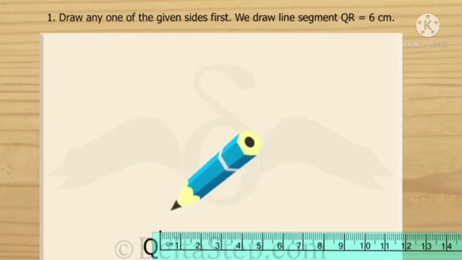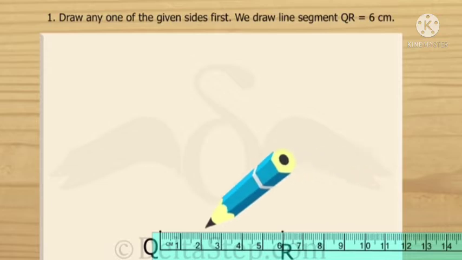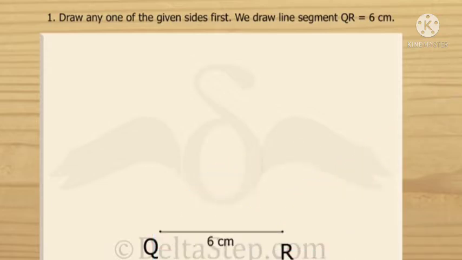Now first of all, we will take a line QR which is of 6 cm, that we will construct first. Next we shall construct an angle of 60 degrees using the compass and ruler only at the point Q. So we know how to construct this 60 degrees without using a protractor. You just have to take an arc on Q.